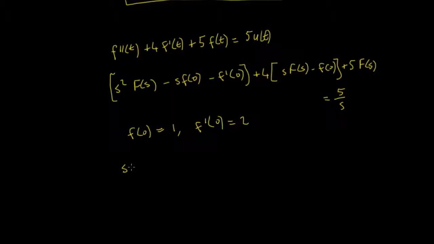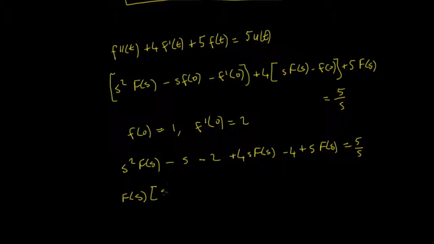Okay, so you'd end up with s squared F(s) minus, so f(0) is 1, so minus s, minus 2 since the derivative is 2, plus 4 s F(s) minus 4, plus the final bit 5 F(s) would equal 5 upon s. Okay, so that can then be rewritten. If you take out your F(s), you get s squared plus 4s plus 5, and that would equal 5 upon s